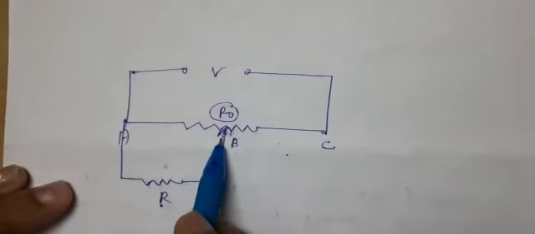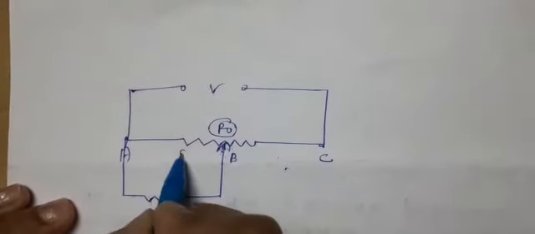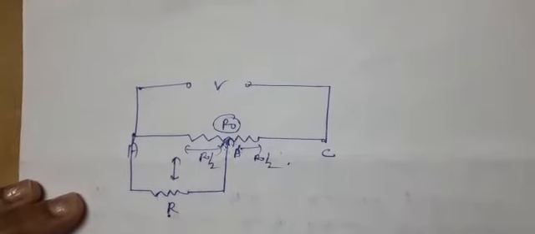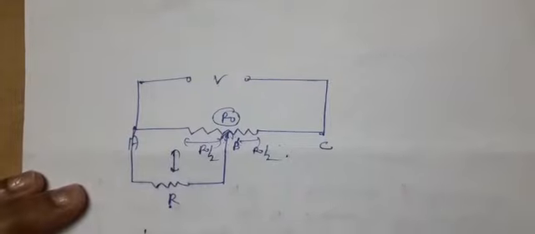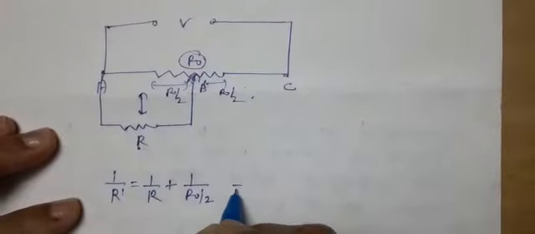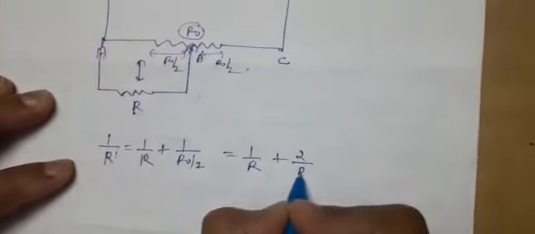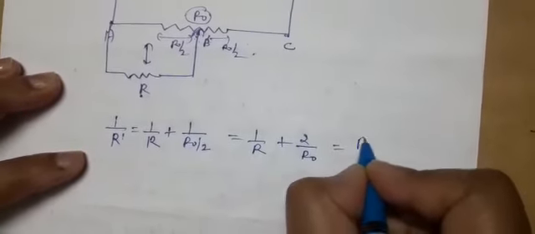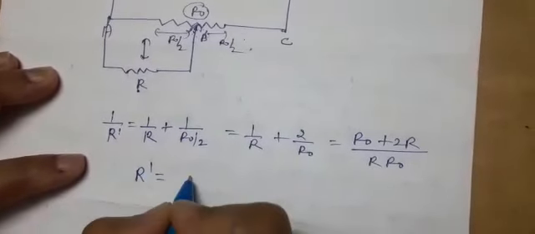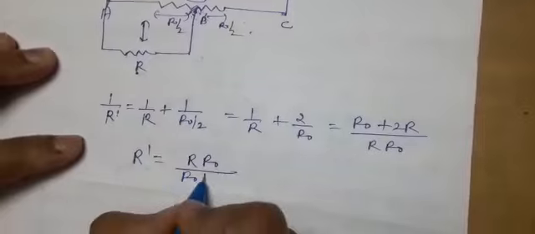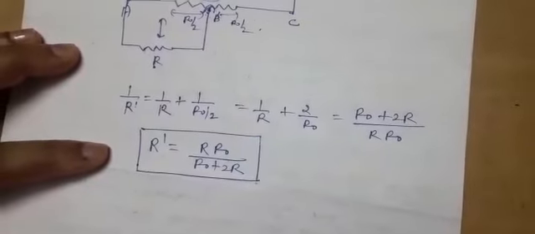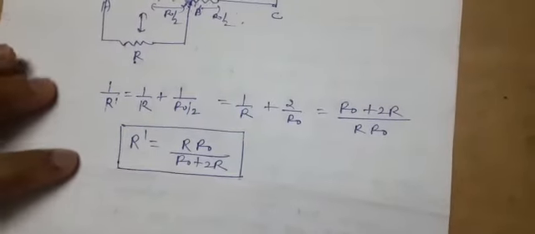So, as you see, when the slider is in between, this much resistance will be R0 by 2 and the remaining will also be R0 by 2. These two will be connected in parallel. So let me take the parallel combination. 1 by R dash equals 1 by R plus 1 by R0 by 2. This is 1 by R plus 2 by R0. So it will come out to be, by taking LCM, (R0 plus 2R) by R R0. So R dash comes out to be R R0 by (R0 plus 2R). See, this is in general form because values have not been taken, direct symbols R0, R have been taken. So be careful while writing it.